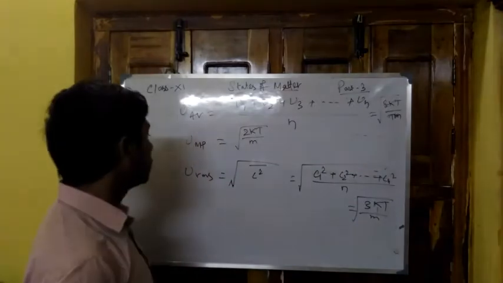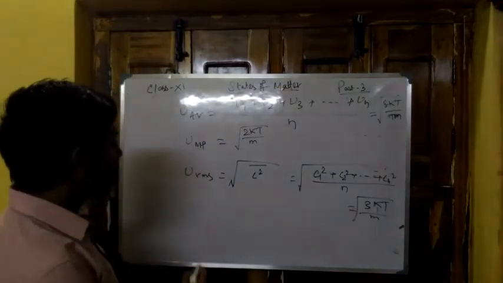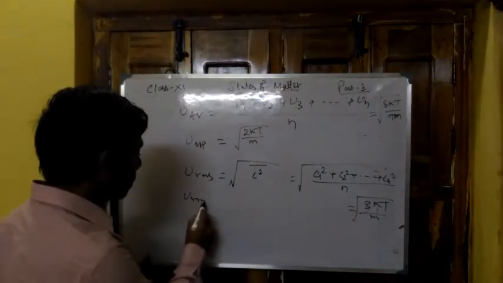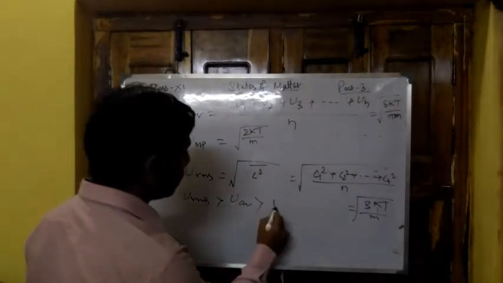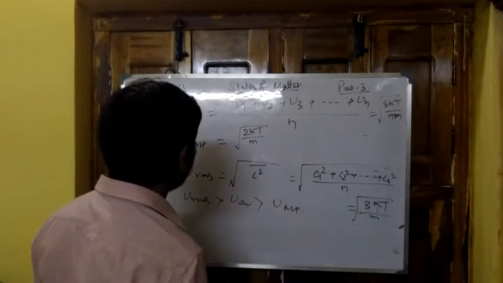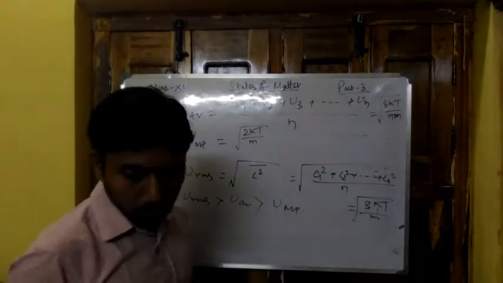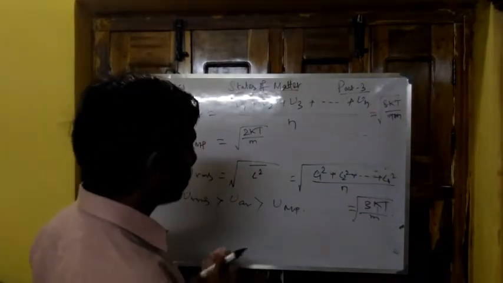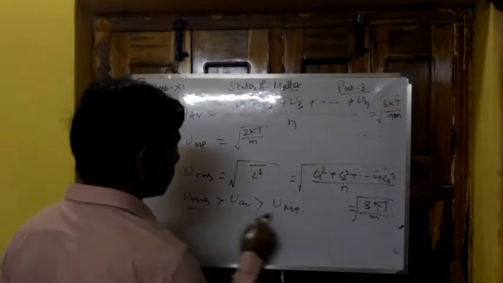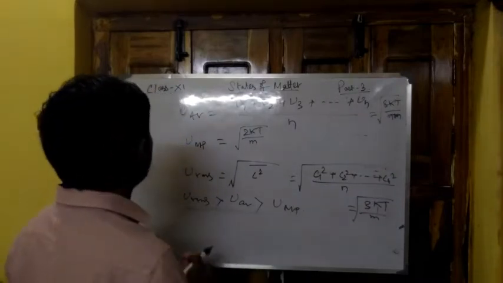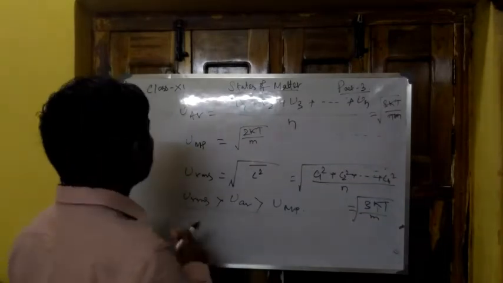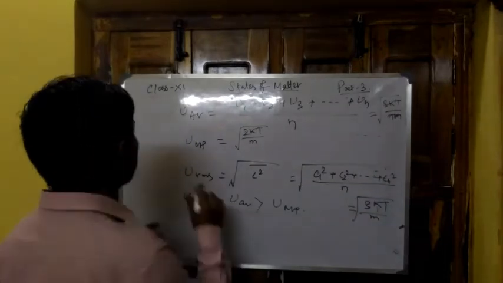Now if we arrange these velocities, then we will get U of RMS is greater than U average is greater than U most probable. How does the Maxwell-Boltzmann relation look like? So these are the three expressions, that is U RMS is greater than U average greater than U most probable. Now the Maxwell-Boltzmann relation is that